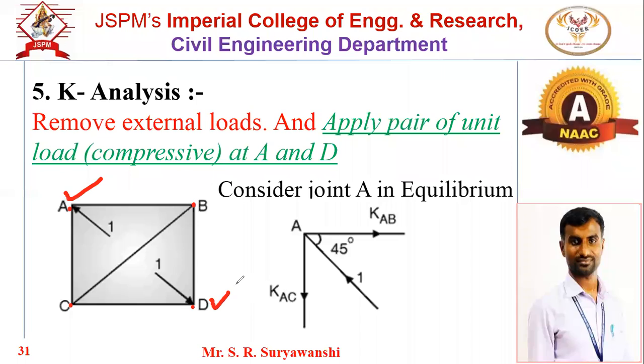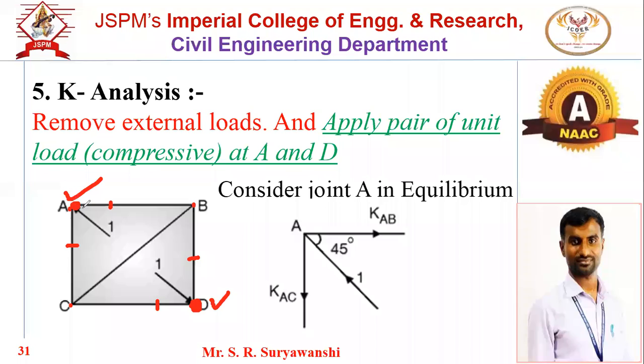Correct. Why? What is the reason? Answer is correct, but why? दोन अननोन आणि एक नॉन मेंबर. Yes, very good. So in case of joint method, what you have to remember? Any joint you are considering, at that particular joint, we have to see that maximum two unknowns are there. Maximum two unknowns. If unknowns are more than two, you can't use the joint method.